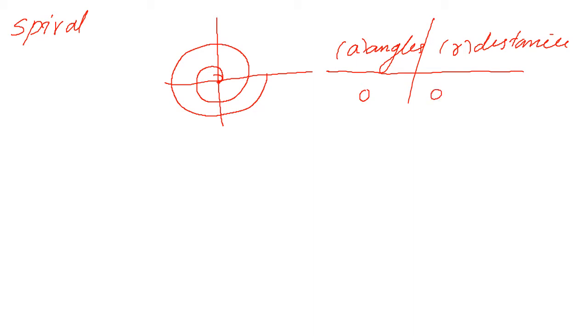Then as we move away, both angles and distances keep on increasing. So you must have increasing values of angles and increasing values of r. Let us see how much r increases. This is how the angle increases. At this point it is 0 radian. Now it's pi radian, 2 pi radian, then 3 pi radian, then comes 4 pi radian. So you must have a set of angles that increases from 0 to 4 pi,